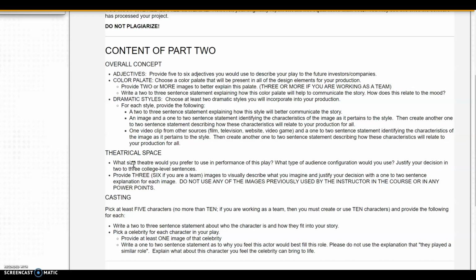So it's up to you what kind of theatrical space, but you'll look on Google and you'll find pictures of the perfect space for your play to be produced in, and you'll put those in. And there could be 1 to 2 slides with multiple pictures of them, and you would just talk about where that theater is, like title it,